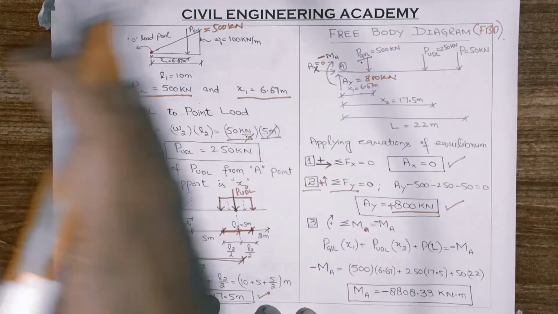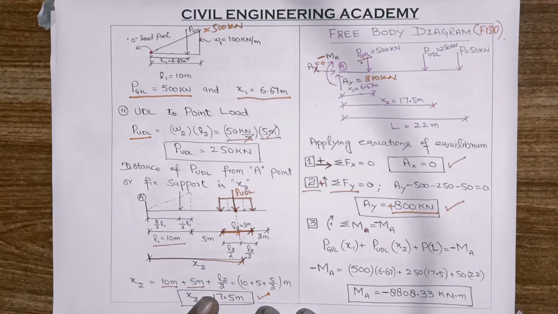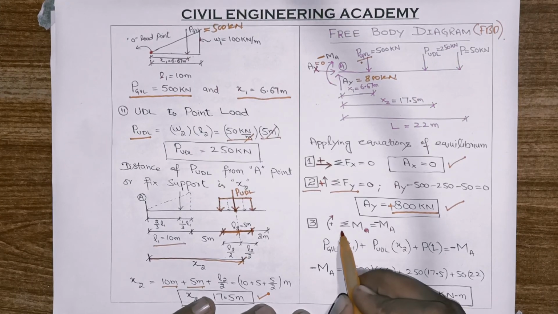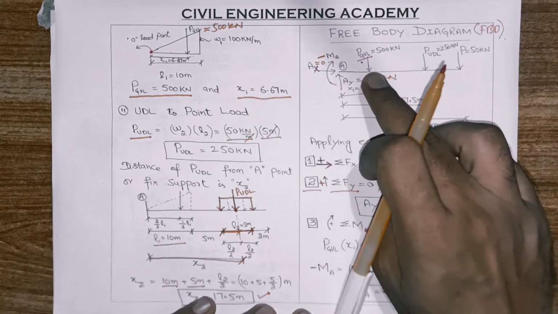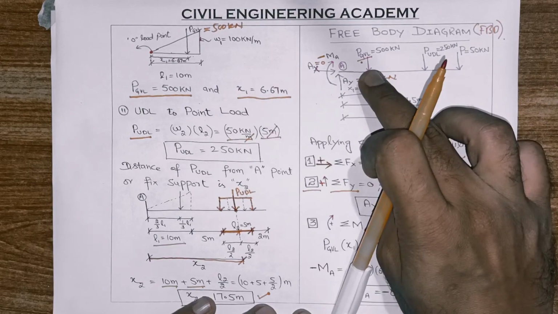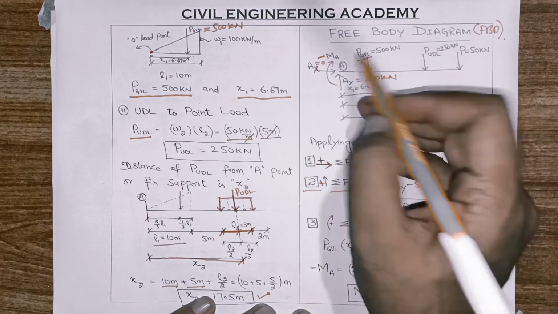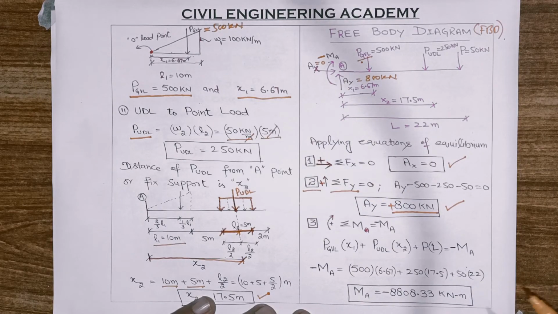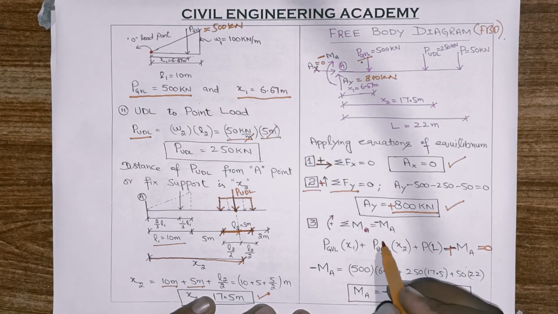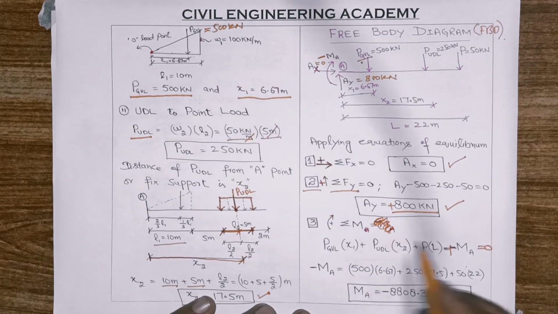It is on the left side of the beam, so these are on the right side of the beam. Simply we can say that the moment of this beam caused by these three loads will be equal to MA. So MA is the resistive moment, so we can write it as plus equal to 0. We can write for this specific beam, as I told earlier, that this will not equal